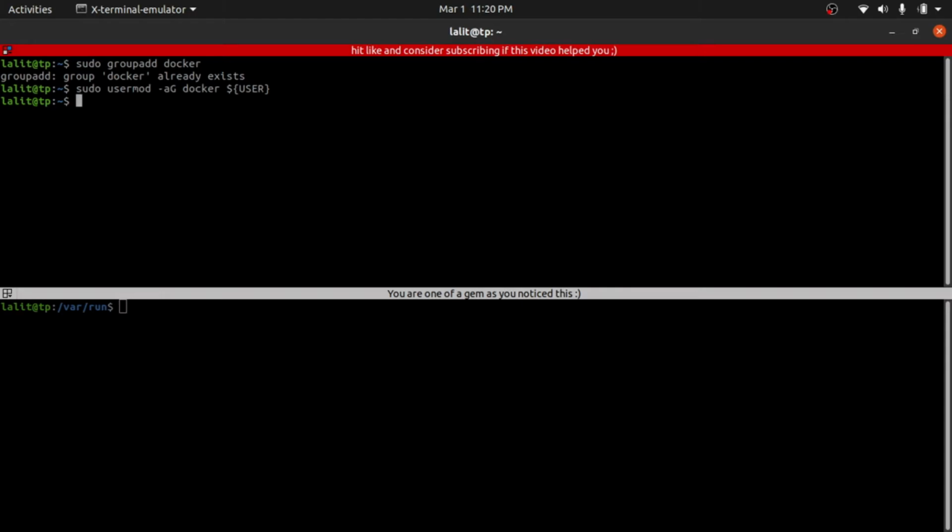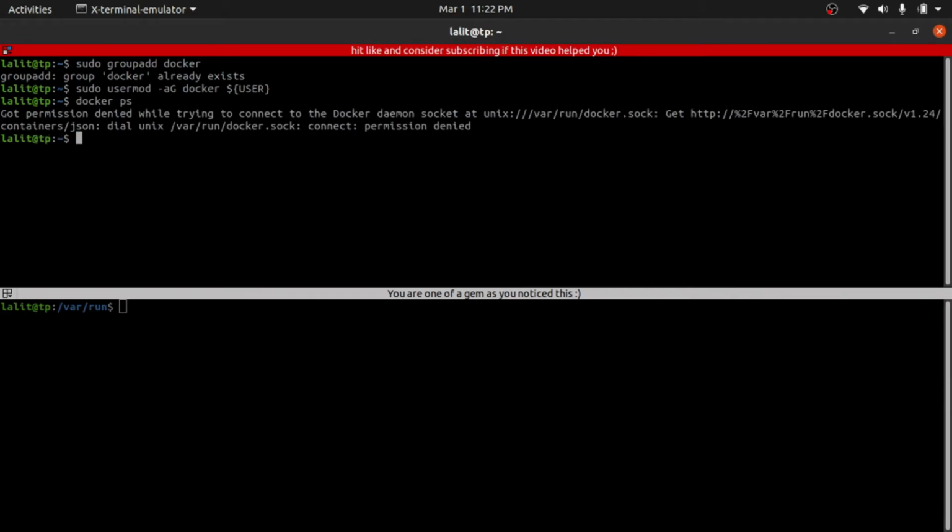This command will add the current user to the Docker group, and now we have to log out of the current group and then log in again by typing this command. After running the above 2 commands, if docker ps is working for you, then it's perfectly fine, and that was the only requirement from your side, and the issue is gone.